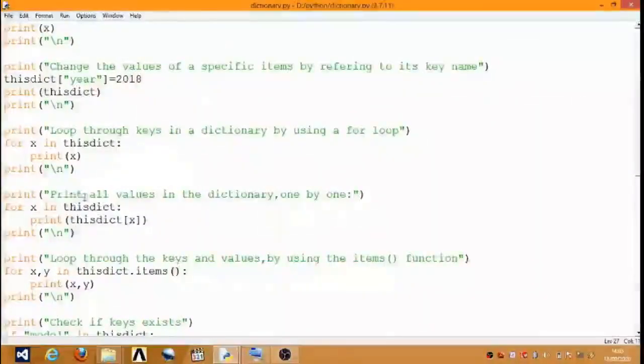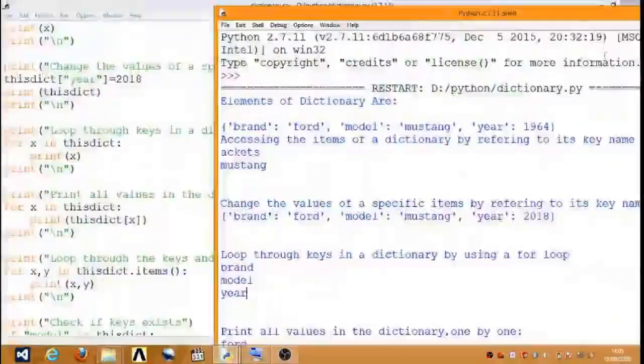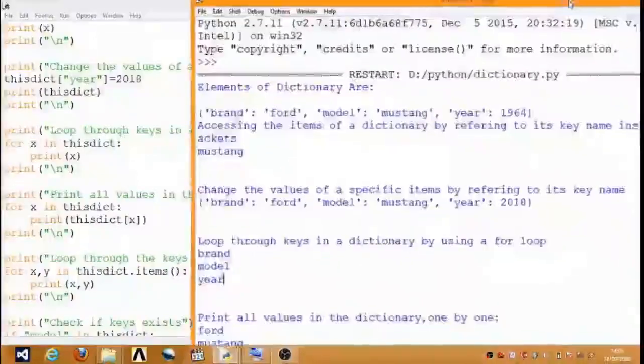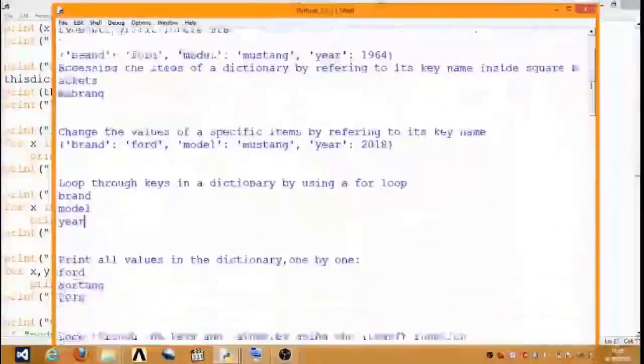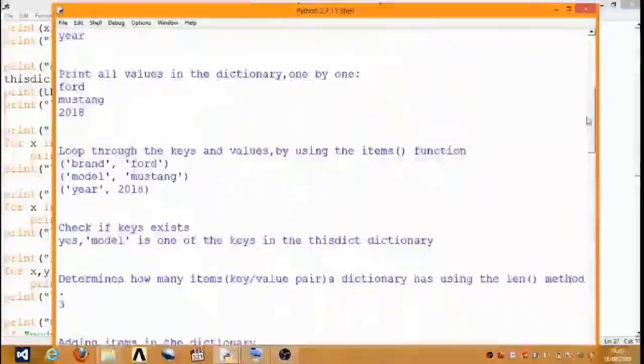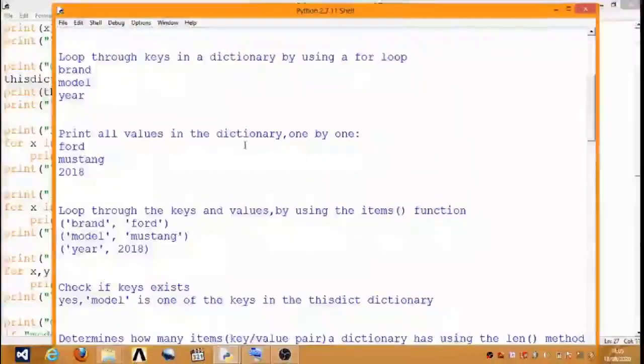Next, print all the values in a dictionary one by one. So here print only values. So here only values are printed.